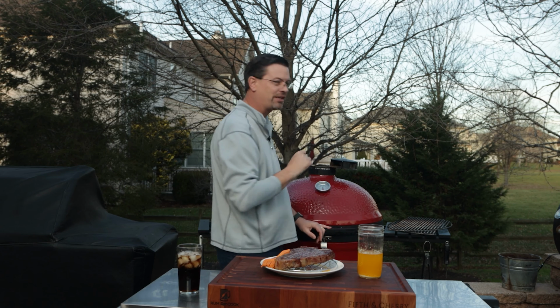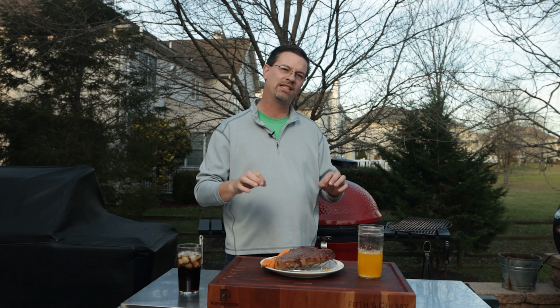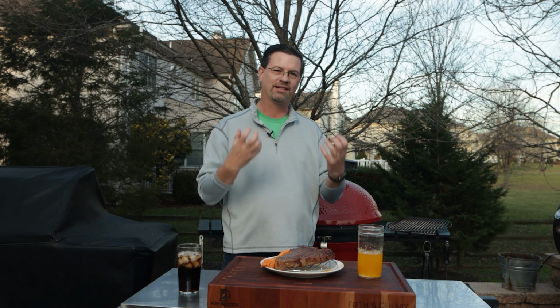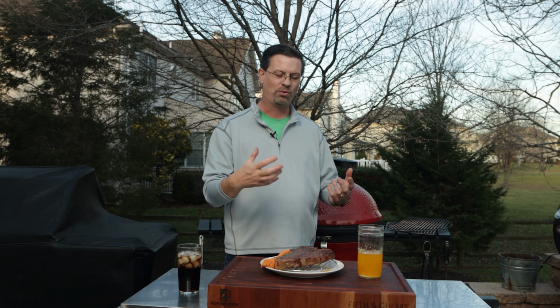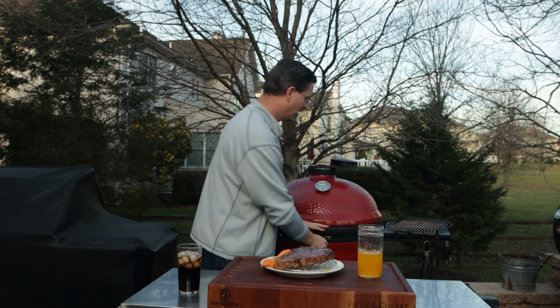You'll notice I don't have my grates in, right? What I don't want to happen right now is I don't want my grates to be super hot and all that conductive heat go into the meat, right? I want a nice crust from our lump and our lump only. So we'll put this